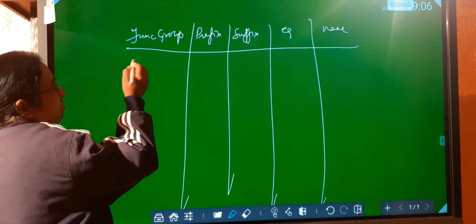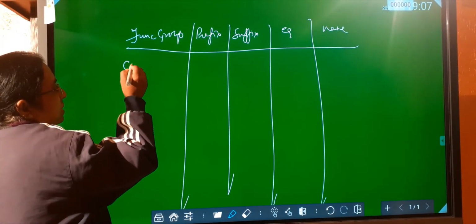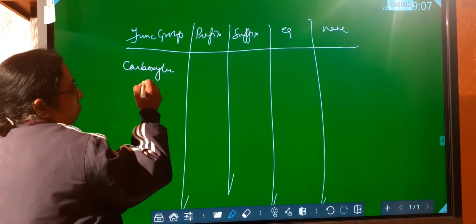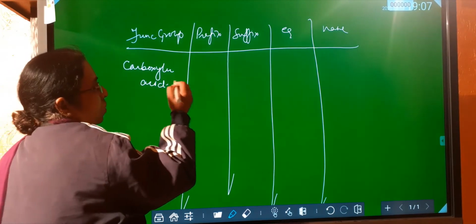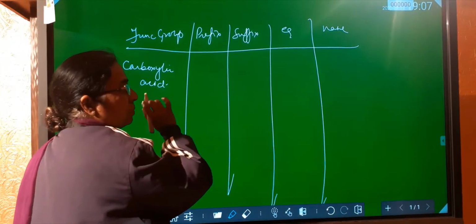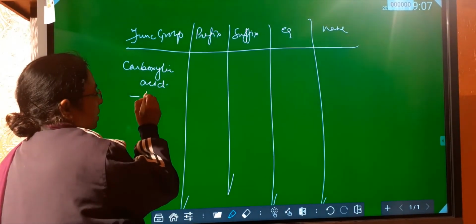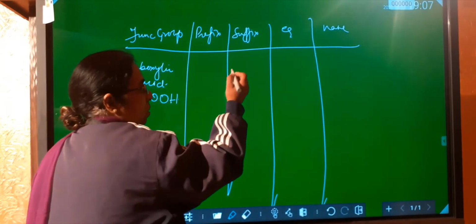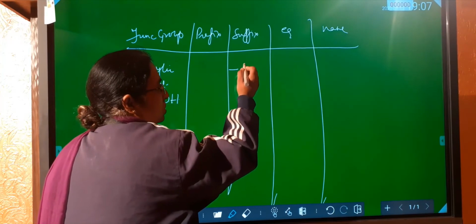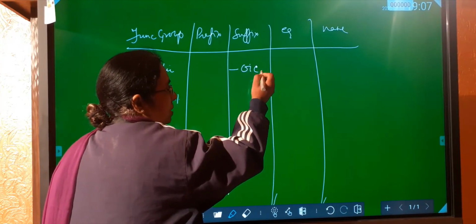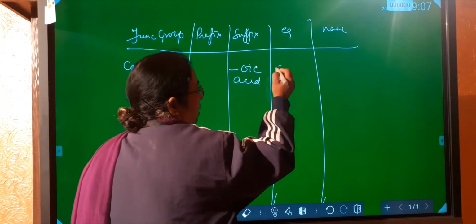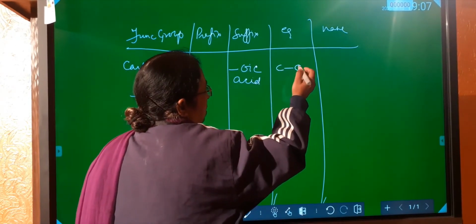That is carboxylic acid. Over here also, this is a terminal group, and it is COOH. What will be its suffix? Whatever the root name is, after it we will be writing oic acid. Oic acid. For example, if I write